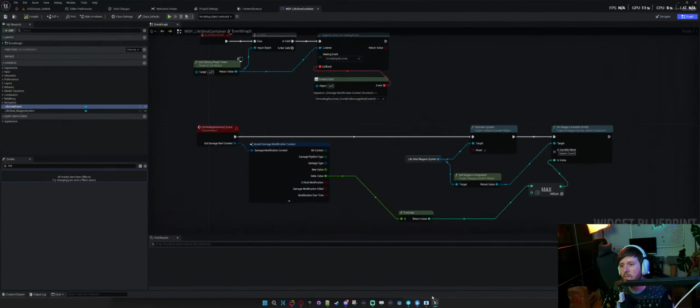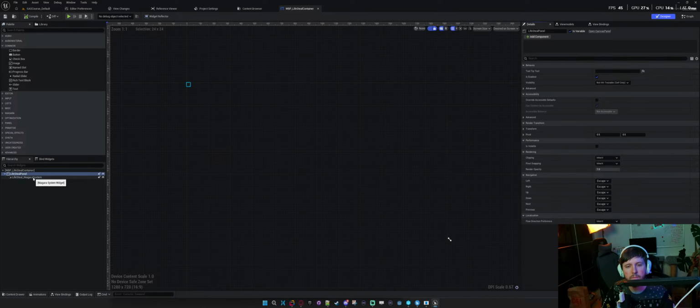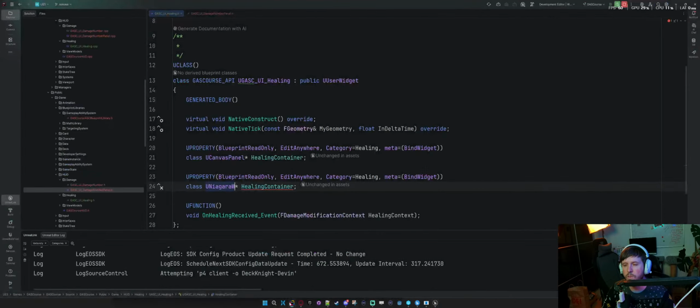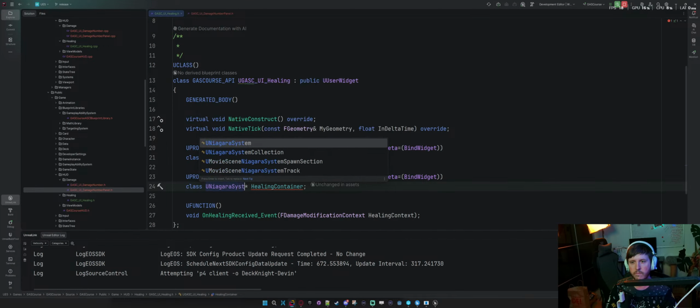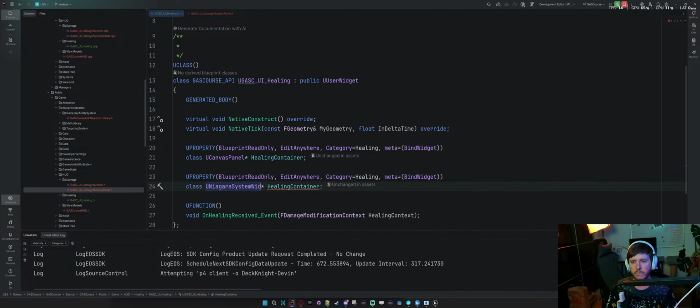What's the type called? And how easily do I have access to that? So Niagara system widget. Assuming that's gonna be fine.